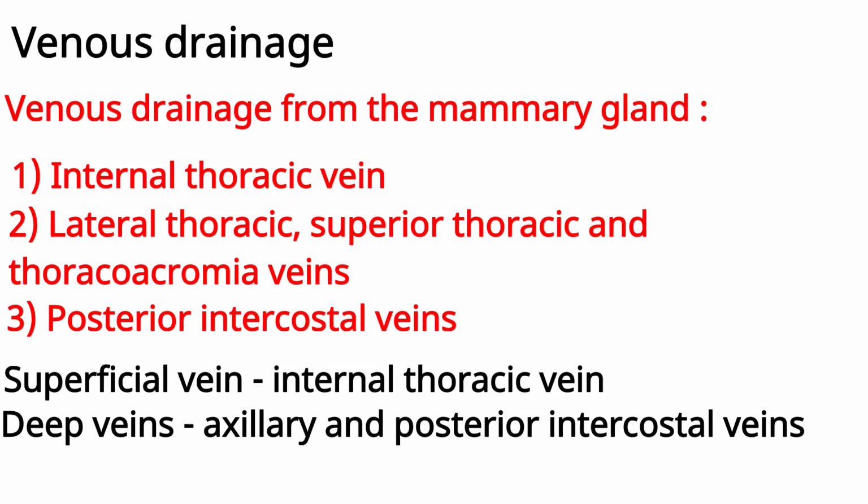Now, the mammary gland has many small veins which drain the deoxygenated blood from it. These small veins surround the nipple and form a venous circle. These small veins are basically of two types, deep and superficial veins. Okay, the deep veins drain some deep structures of the mammary gland and superficial veins drain superficial structures of the mammary gland.